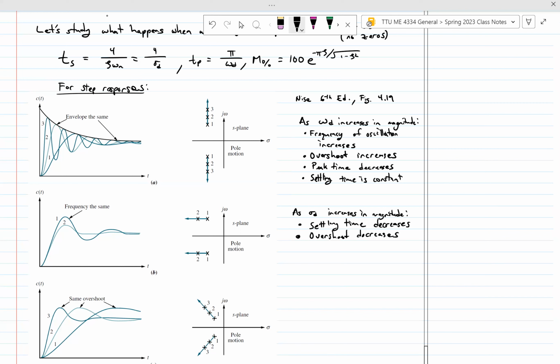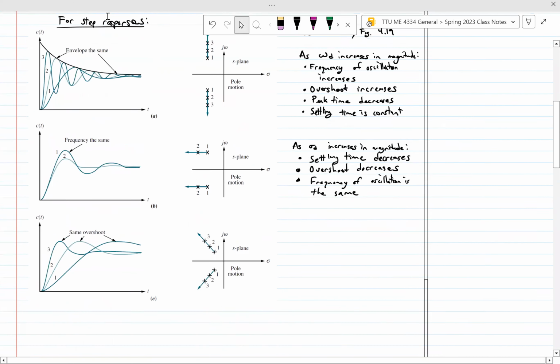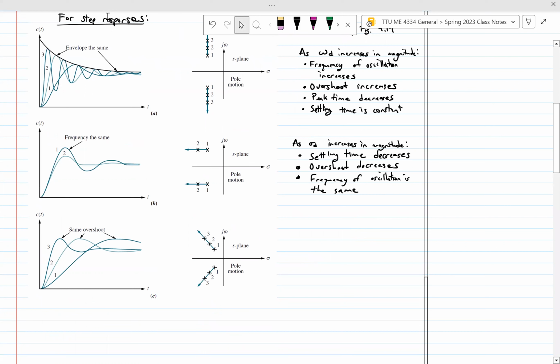What else? There's one that's already in the plot, gives you the answer, right? The frequency of oscillation is the same, right? Omega d hasn't changed at all. These two things are oscillating at the same frequency. All right, last case. So now we're going to increase the magnitudes of our poles, more or less increasing omega n along the same angled line here,